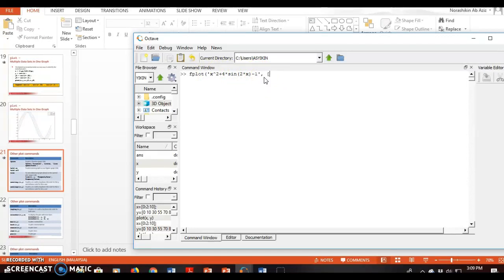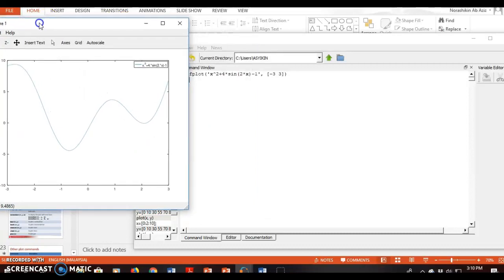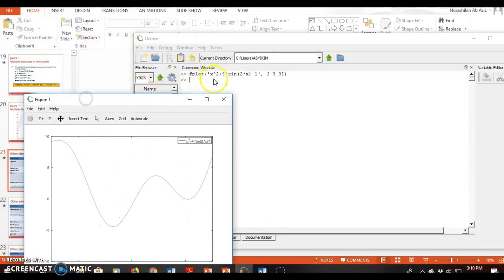So what is the limit? The x is my limit. It starts at -3 and finishes at 3. Then I close the function plot with a round bracket, and then enter. So this is the graph that you will get. Simple. So in certain applications, you may need to use just fplot, where you don't need to define